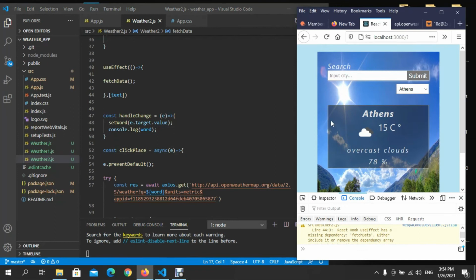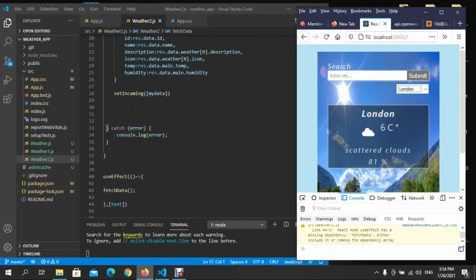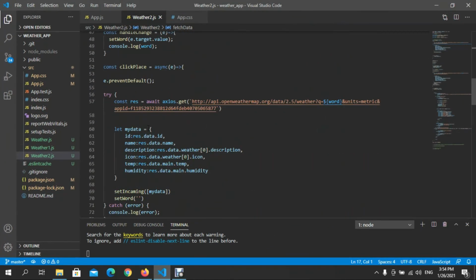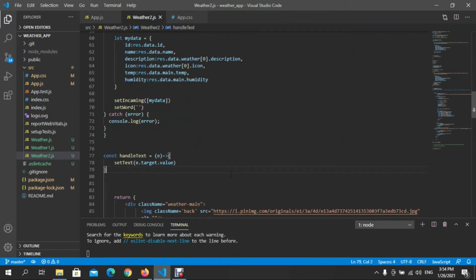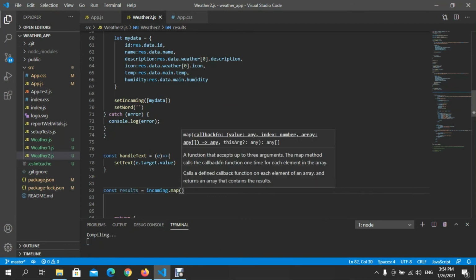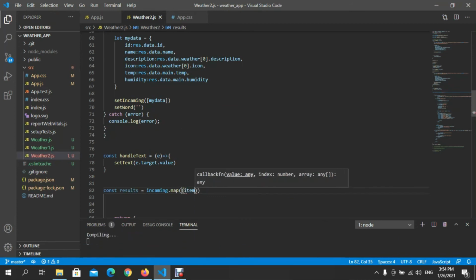Right now, guys, I want to change dynamically the background when I go to a place, okay? And how we can do it. Okay, let me see. Go just here, guys. Let's create a const results equal with. We need the incoming dot map, okay, and I want here the item,